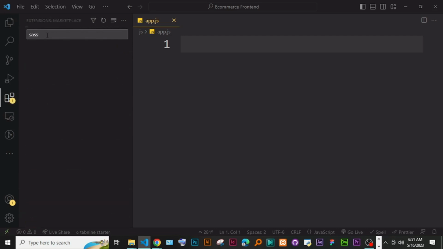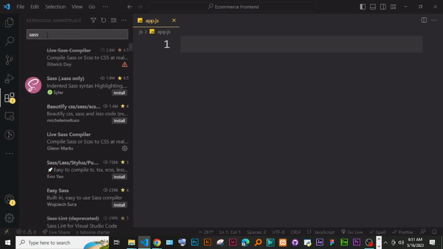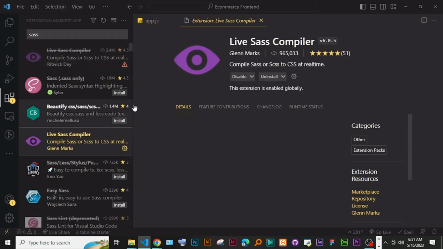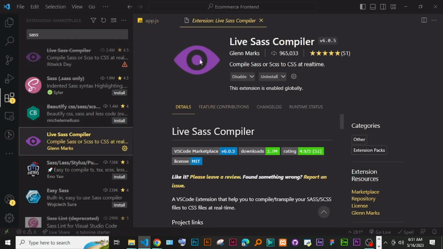There is a SAS compiler. We are going to use the extension, okay. So now there was this live SAS compiler, so install this. I want you to install this live SAS. There is this one by